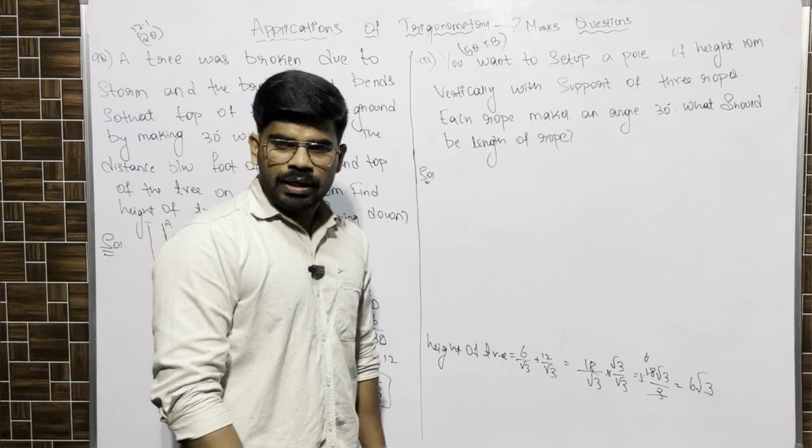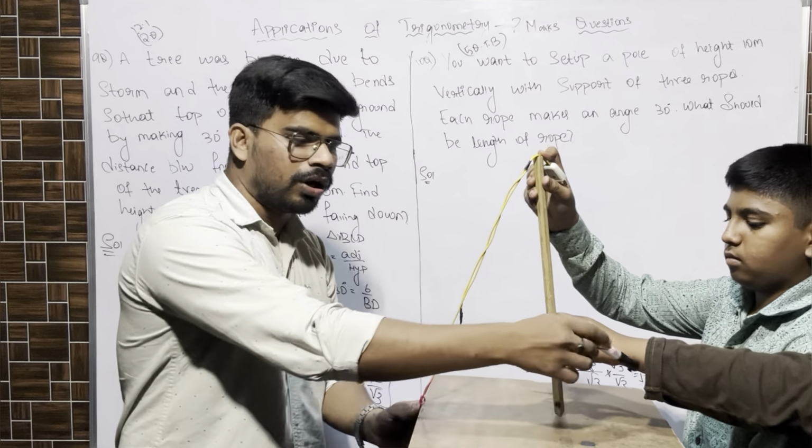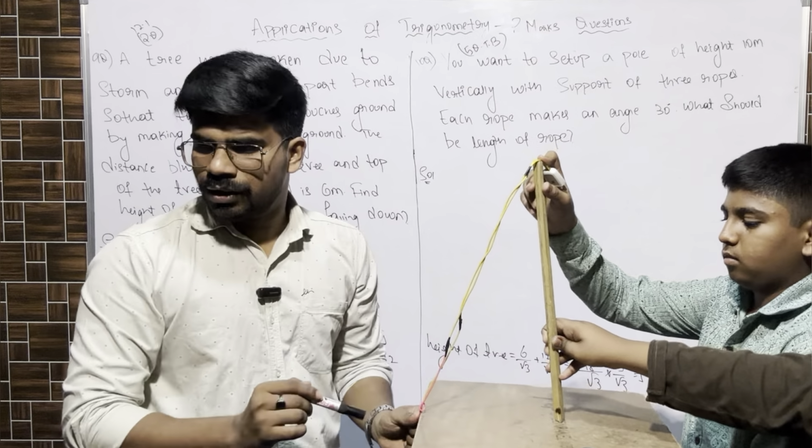For example, this is a surface on which we are putting a vertical tower, like this pen. Now we have to tie this tower with 3 ropes. One rope is like this, because with one rope we won't be able to keep it straight. So another rope here and another rope somewhere over here. We are tying the top part with 3 ropes, and the angle of elevation of the rope, this angle, is 30 degrees for all 3 ropes. The angle with the ground is 30 degrees.